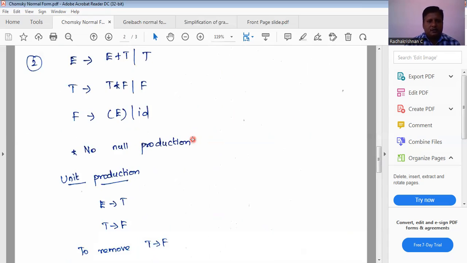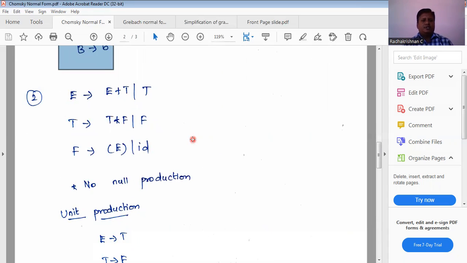So this is the next concept. E gives E plus T or T. T gives T star F or F. F gives open bracket E close bracket or ID. So in this rule, we need to convert